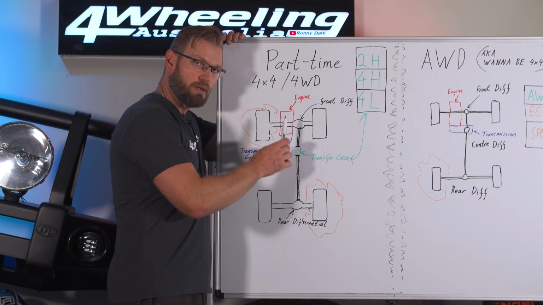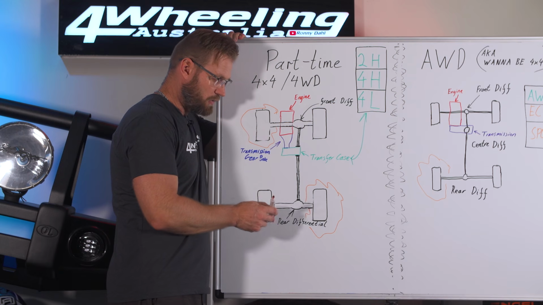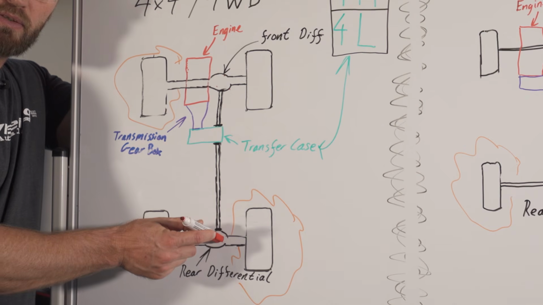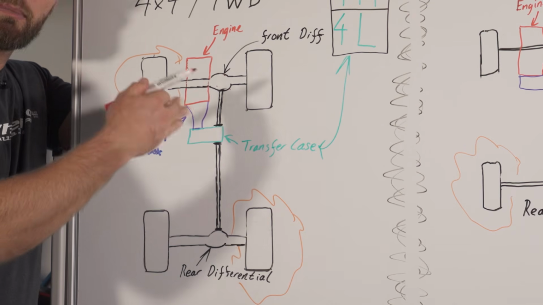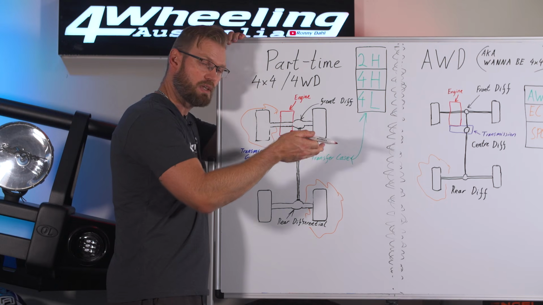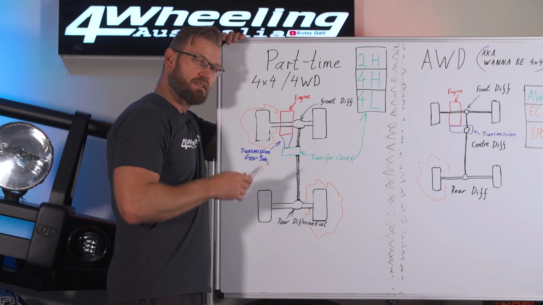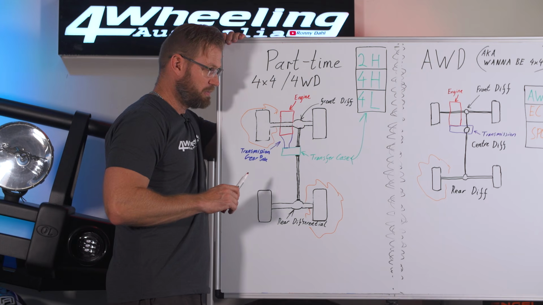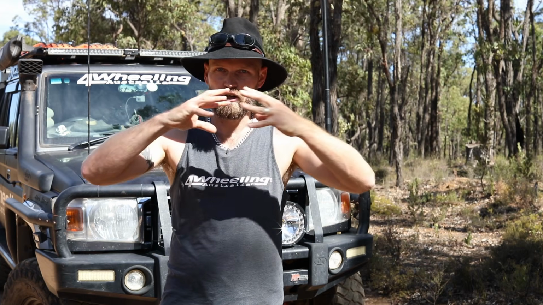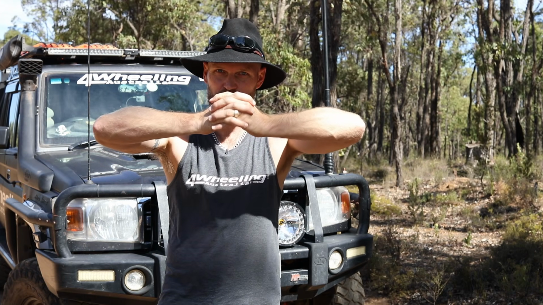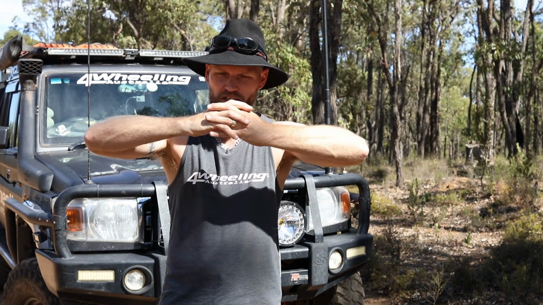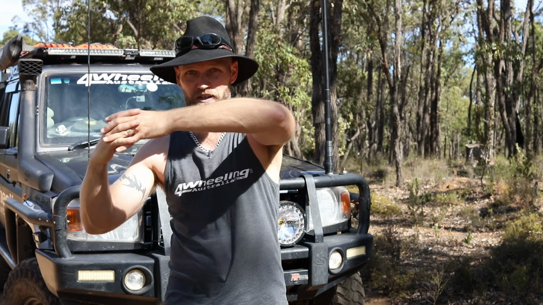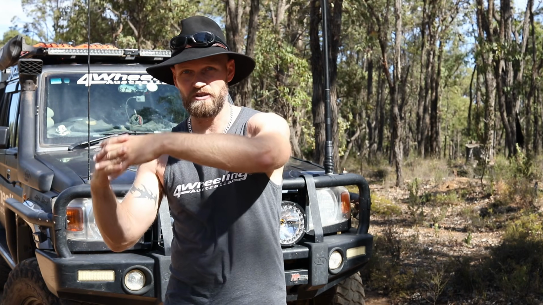If you are going up a hill in four-wheel drive, most of your torque and power is now applied to the rear because the front doesn't need that much to keep moving. And that is where things get really interesting when you add diff lockers to the mix. In an open diff, force and power wants to take the path of least resistance. But when you lock that differential, the front or the rear, it is now forced to send a lot of power to